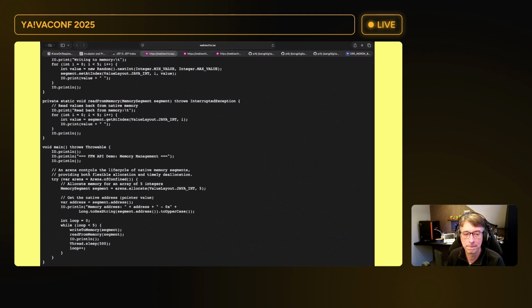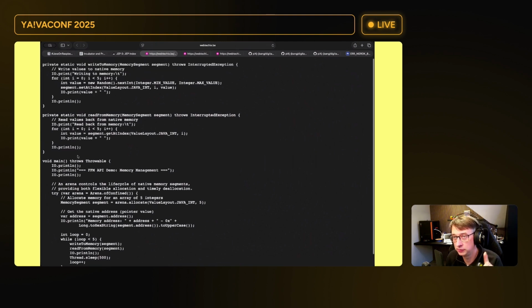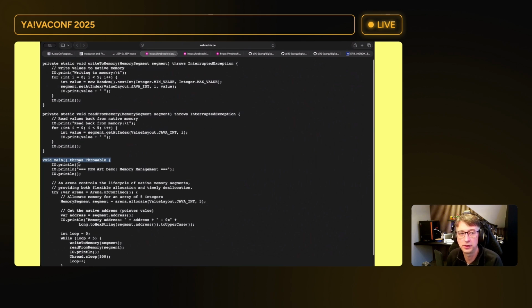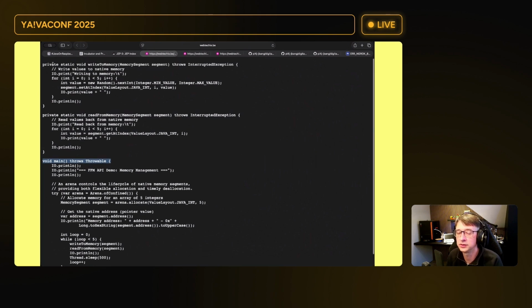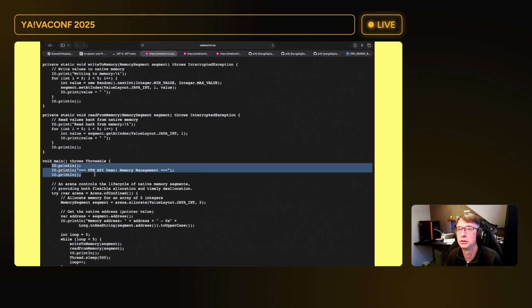So this example, by the way, I'm using Java 25 for this code example. That means another JEP from another project simplified the main method. So you can now execute this as a valid Java file. There is no package, there is no class here. The main is not public static void main String array args. It's just void main. So simplified,